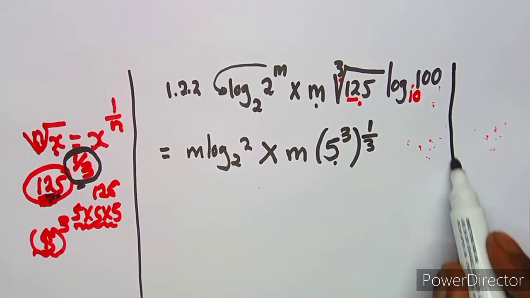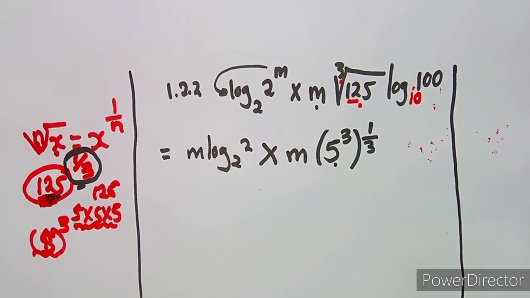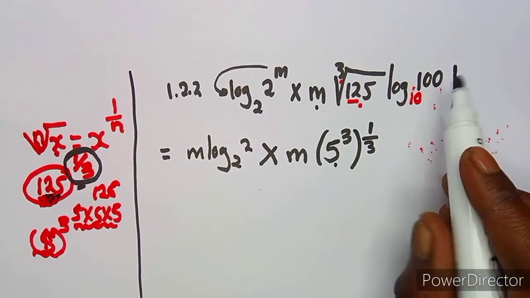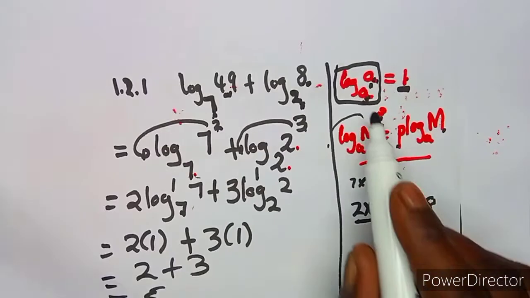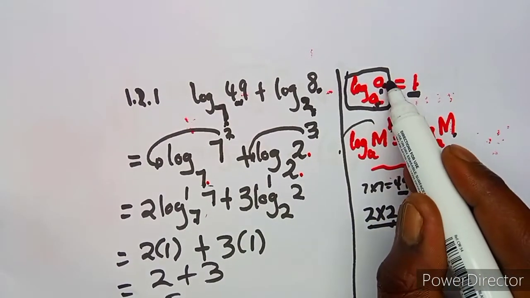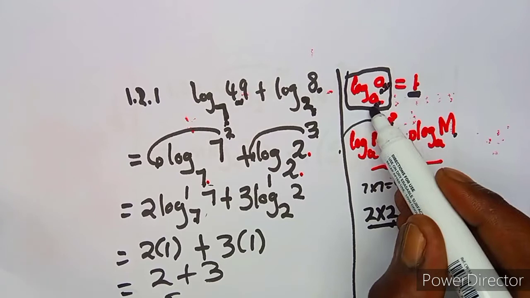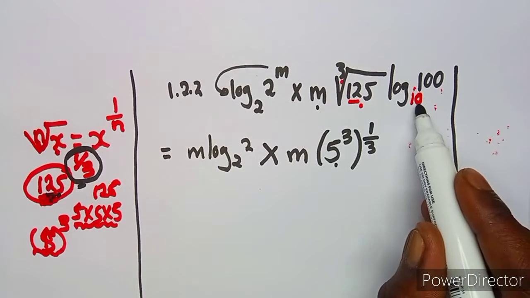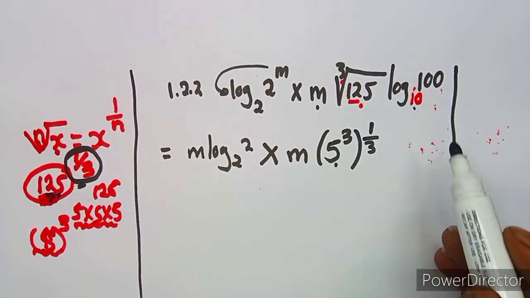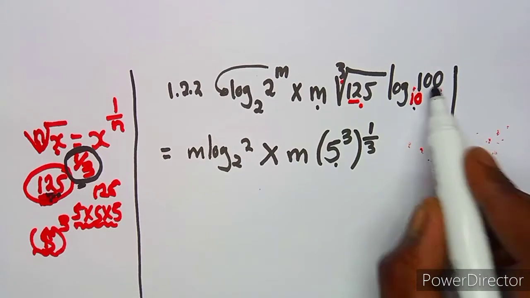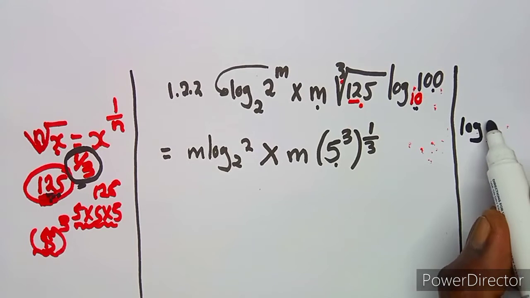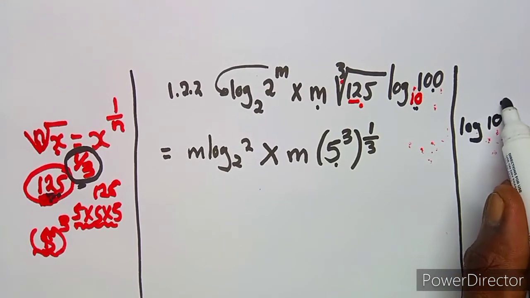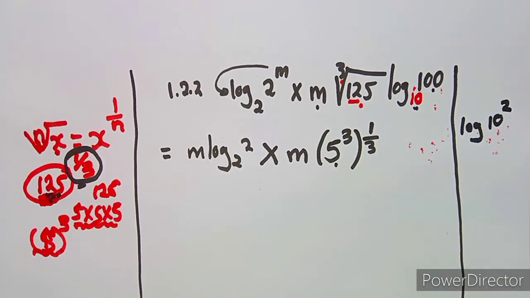Once we have a base like this, there is one thing that we need from this concept, guys. We need to write a number and a number to be the same. So we now have a guided base, which is base 10. So this 100 in base 10 can be written as log 10 to the exponent of 2. That is 10 times 10